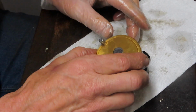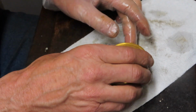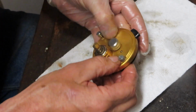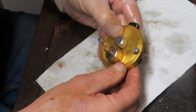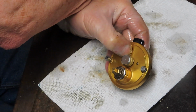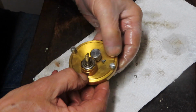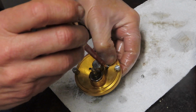So we just turn it around, kind of eyeballing the center hole for the free spool release, and then just kind of putting it in evenly. And you want to work so that your holes for the screws are properly seated. You usually hear a nice little click, which I heard. I don't know if we were able to pick that up on the video here, but that's how this one's going to load. And we're going to get those two little screws in. And button this reel back up since it really was just in need of some lube and a little bit of cleaning around that